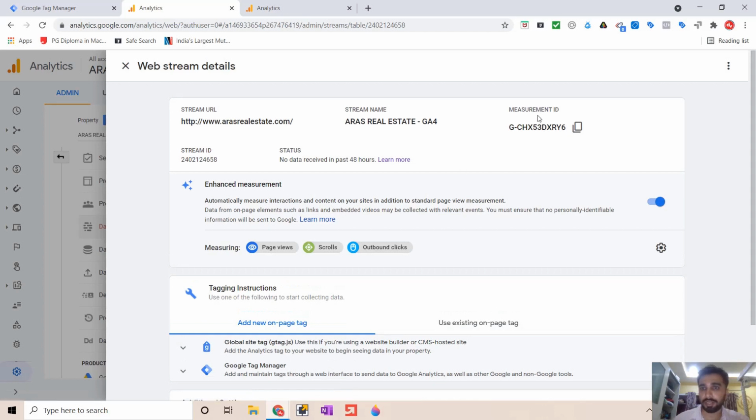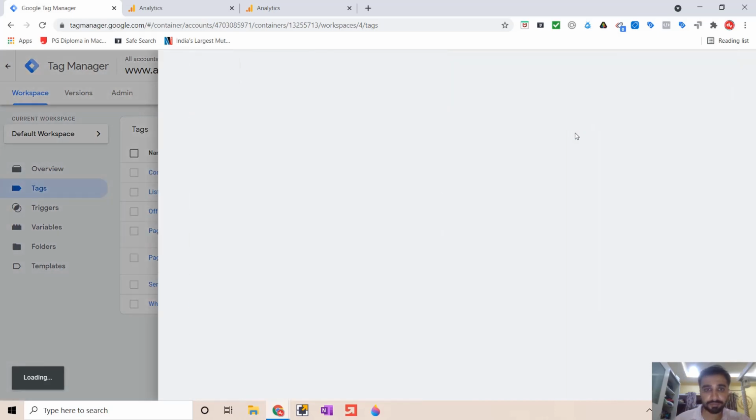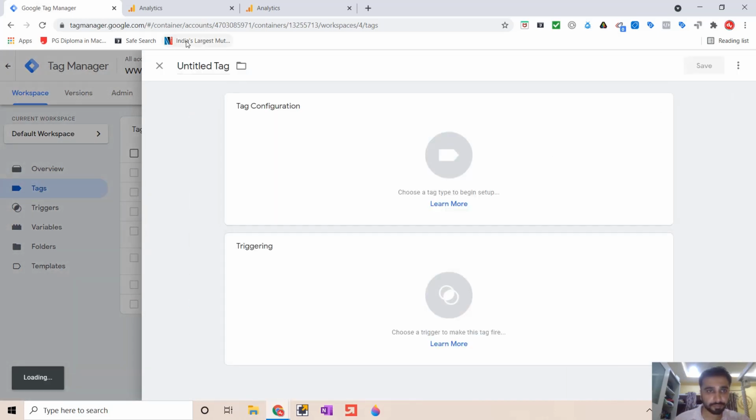You go here, and here you have something called a measurement ID. Let us copy this and make a new tag. Let's name this GA4 page view, all pages.